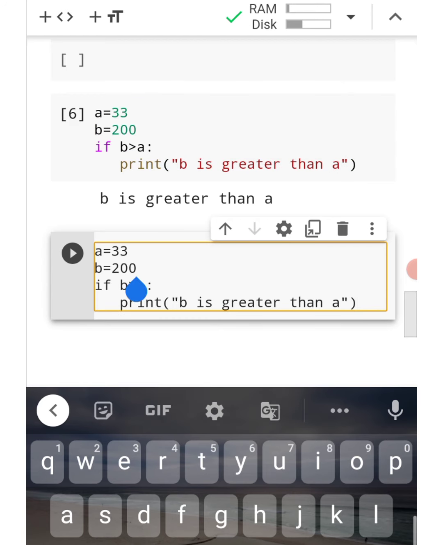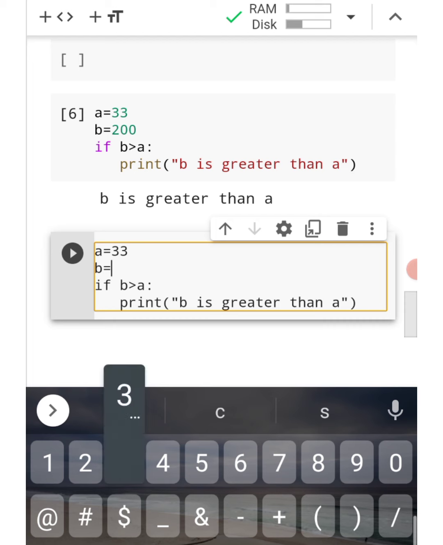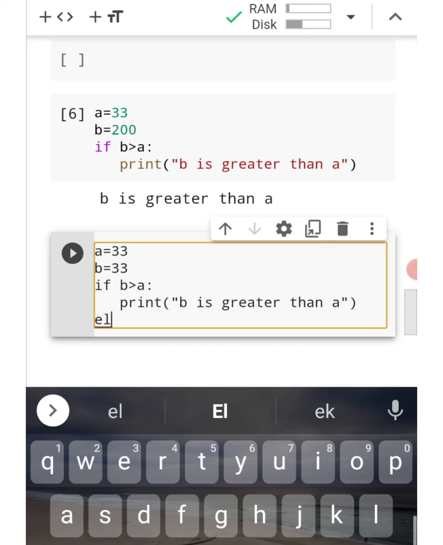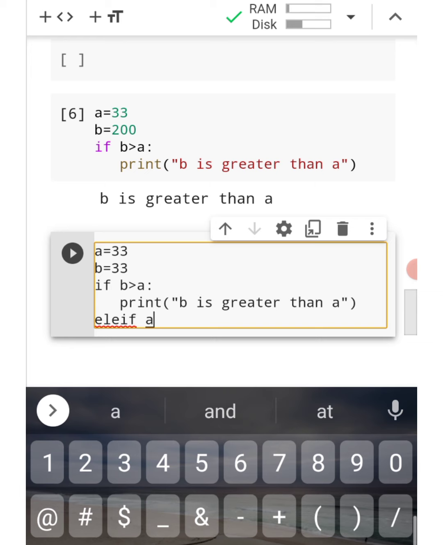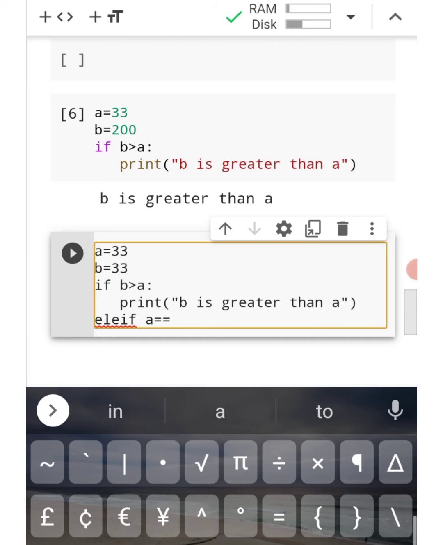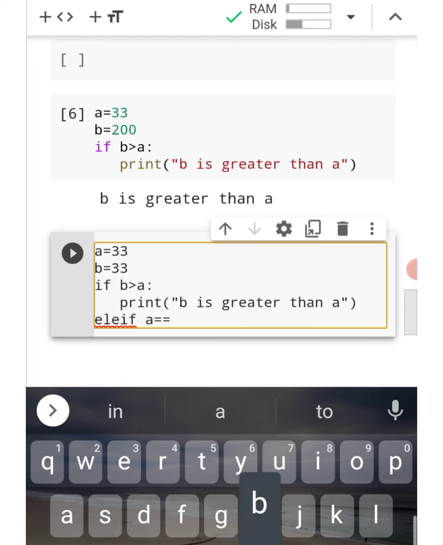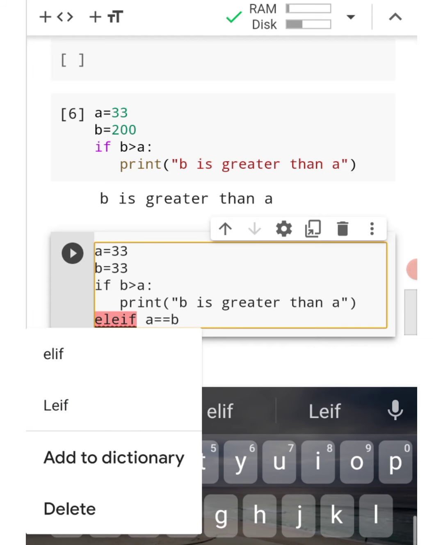In this program we have only the greater than condition. Now we modify the previous code by adding the concept of elif, in case we want to check that a is equal to b, followed by the else part also. What has been written is elif.